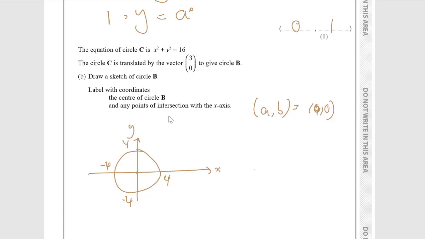And then if it moves 3, 0, so it moves by the vector (3, 0),